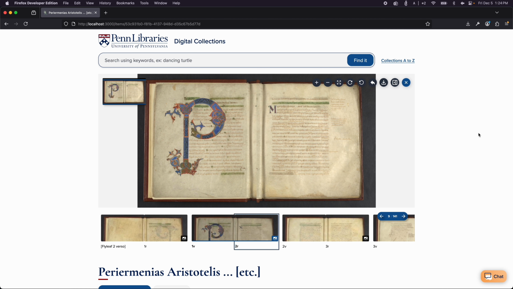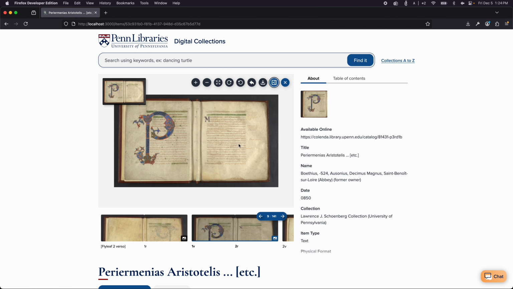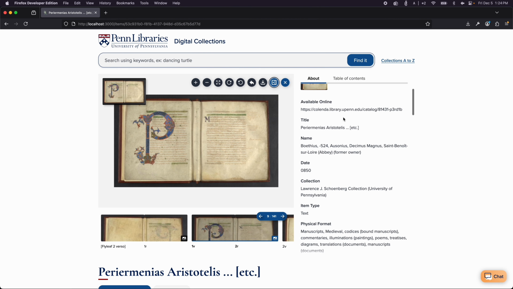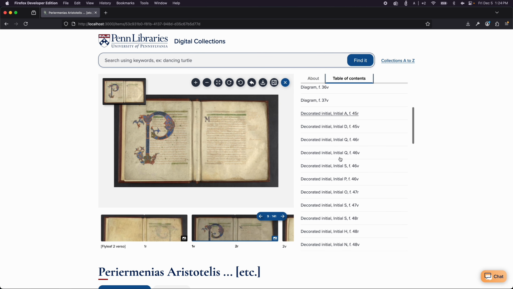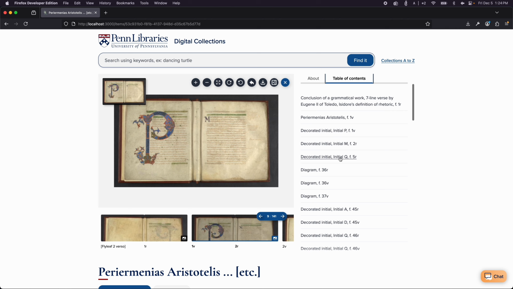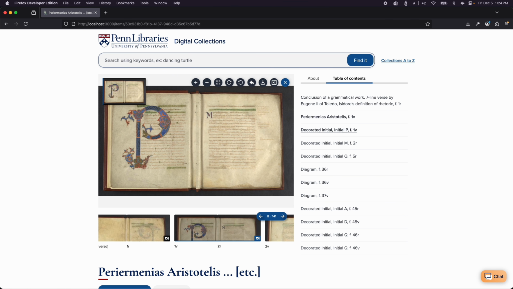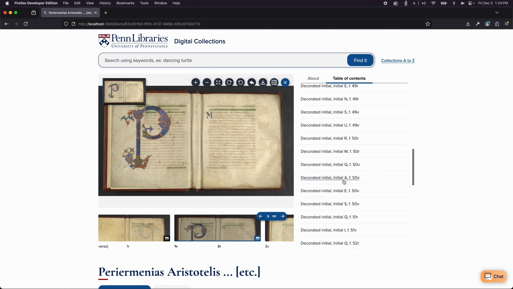One of those customizations is this custom table of contents plugin. As you can see, we open this, we get some of this metadata here, and we also have this table of contents page. This comes from a set of ranges in our IIIF manifest. And these are all annotations from inside the manuscript. When you click on this, it opens up to the page. You can try it with another one.